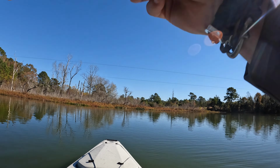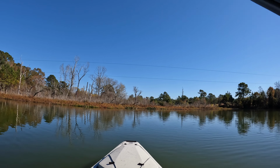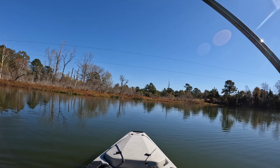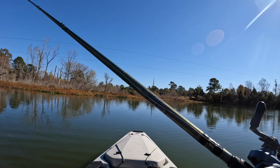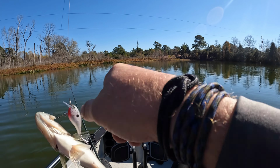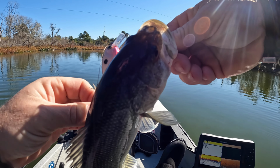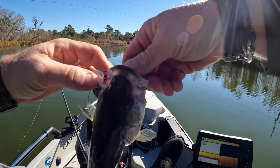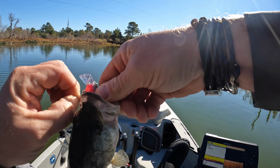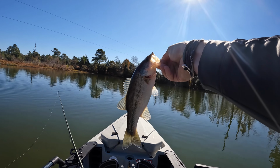Sorry about that, folks. We got a fish on, and I changed back to the crankbait because the water's a little shallower over here. Little baby. So they're still actually feeding a little bit on the crankbait, but it seems like the worm's been the most